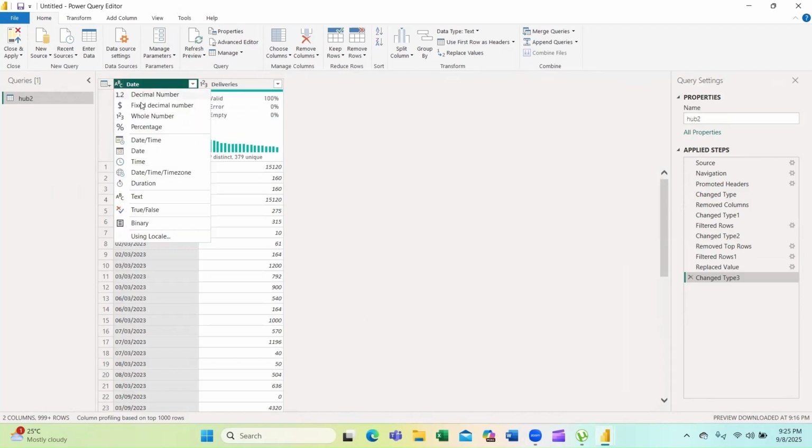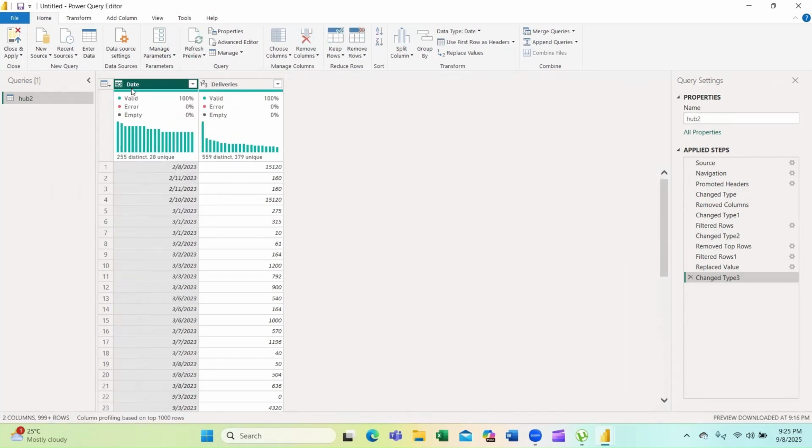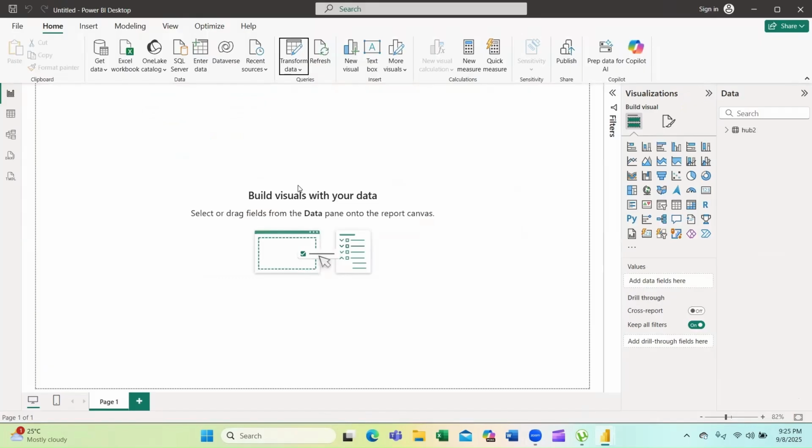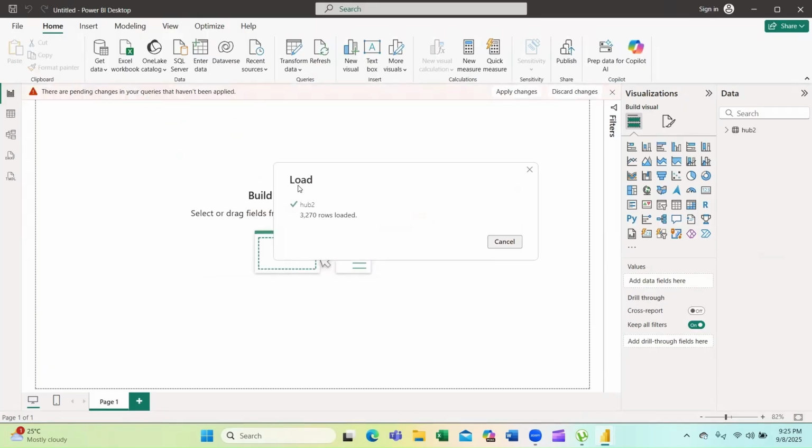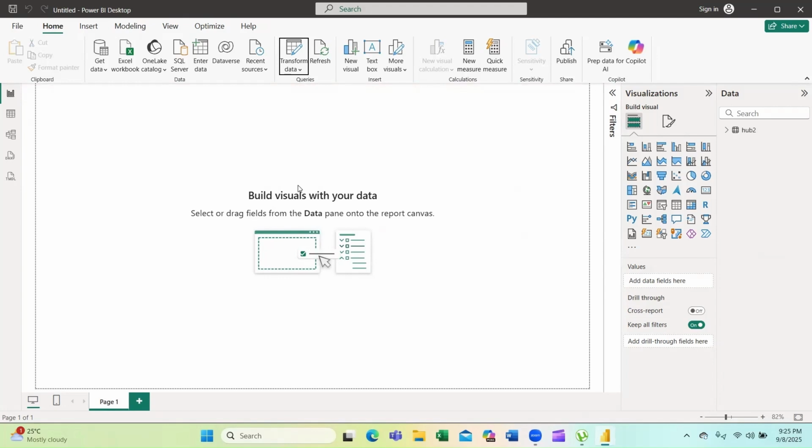So now we need to just transform this column into date format. We have numbers, close and apply, and see what errors we get. No errors. Okay, that's cool.